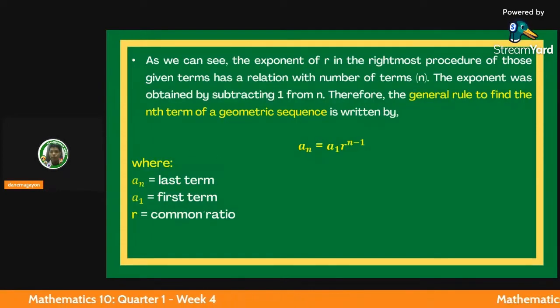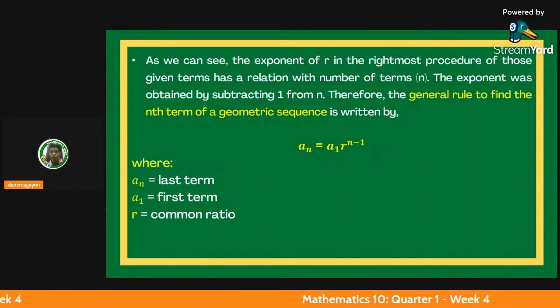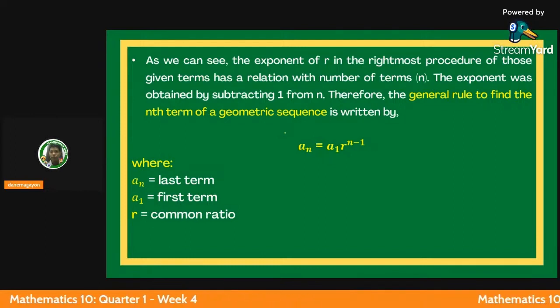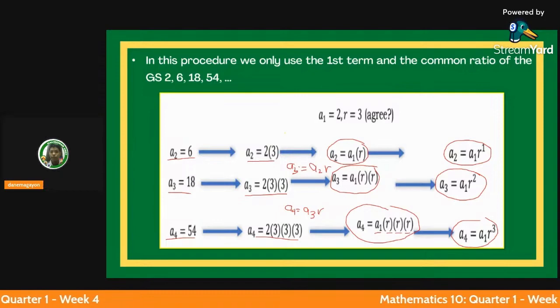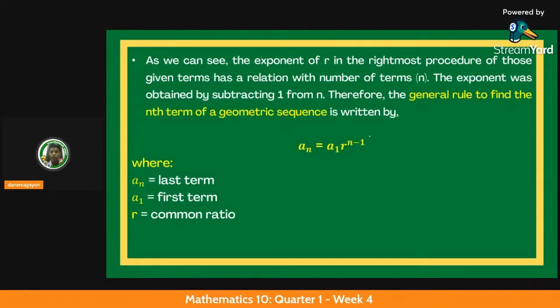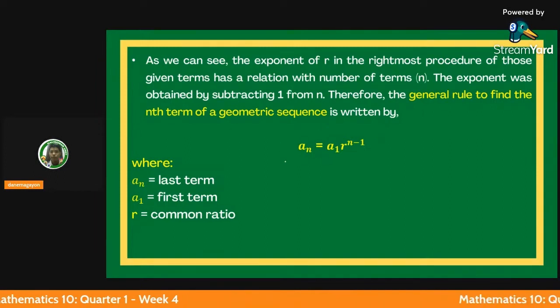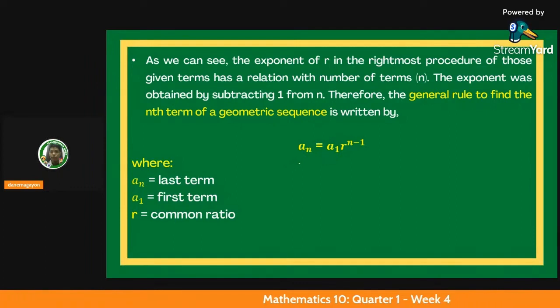So next natin, ito yung corresponding formula to be used, that we can use in order to find the n term of the geometric sequence. As you notice, nakita natin dyan na kung ano yung value ng n, subtract lang tayo ng 1, di ba? For the exponent of r. Ito yung magiging formula to be used. So we have a sub n is equal to a sub 1 times r raised to n minus 1, wherein